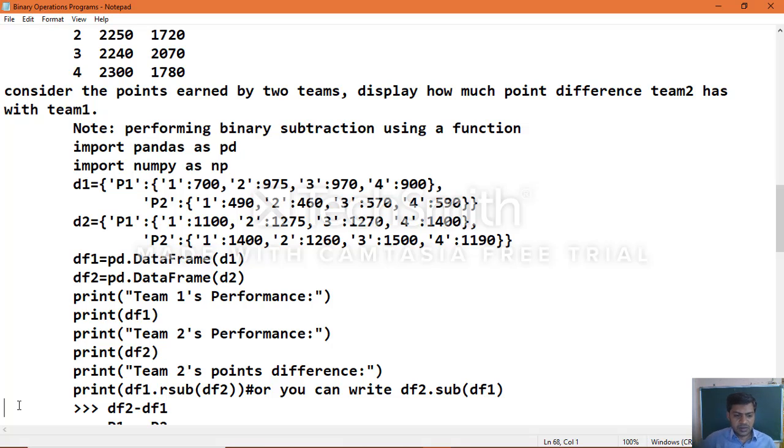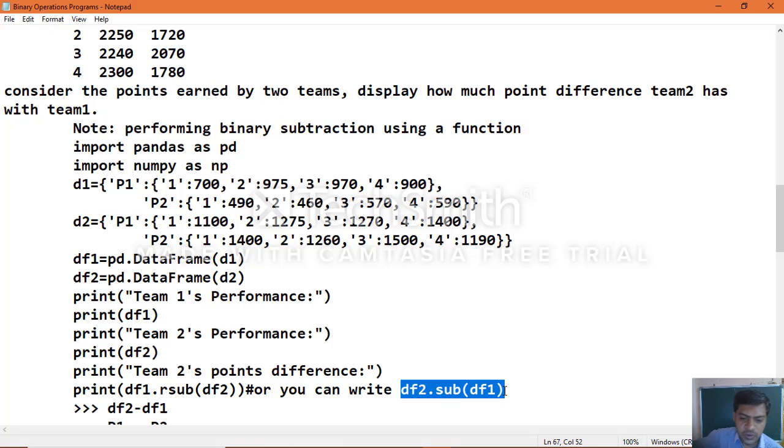Then we are going to perform the actual operation based on the question. Team 2's points difference: df1 dot rsub df2, or you can write df2 dot sub of df1. Okay, so why are we using df2 dot sub of df1 here?